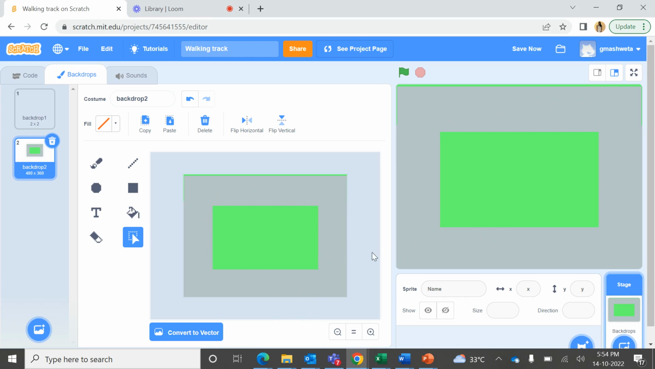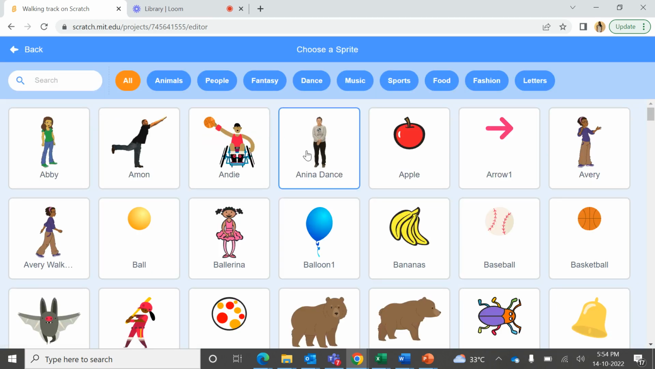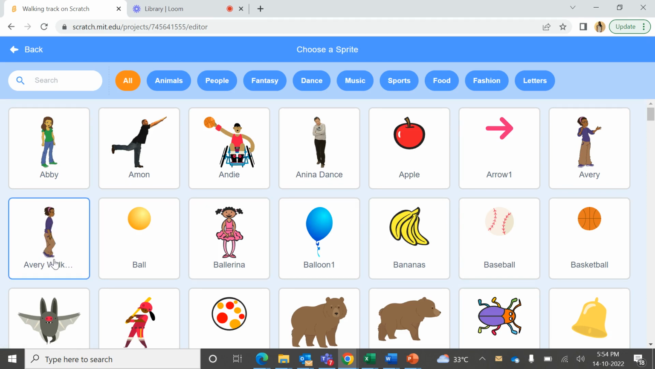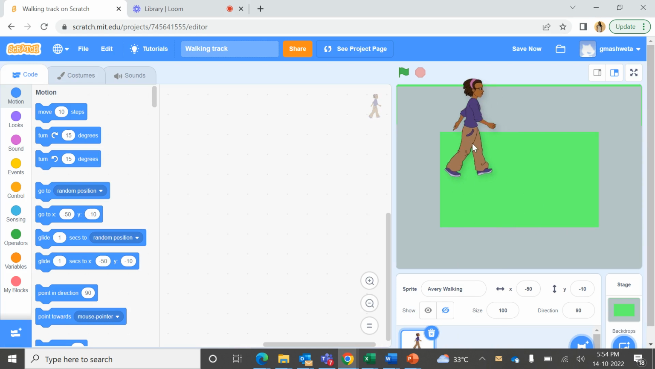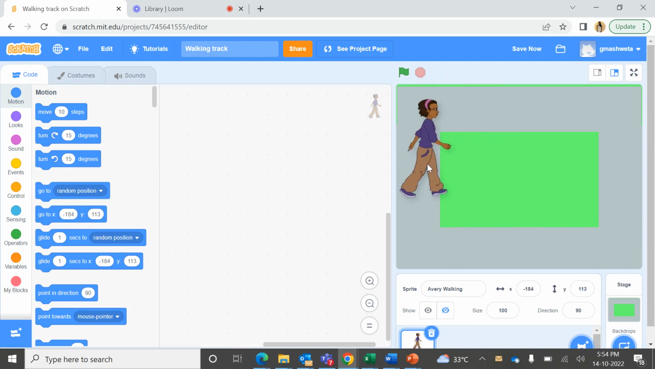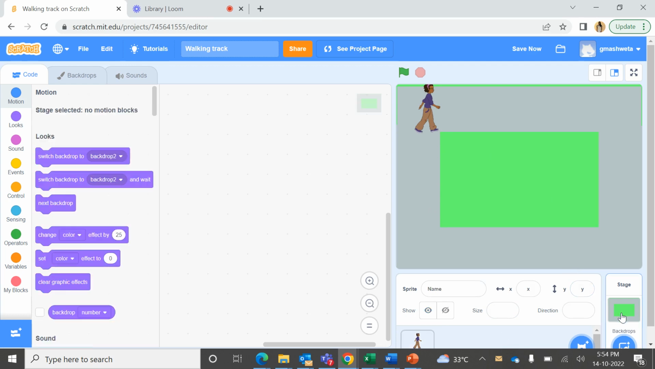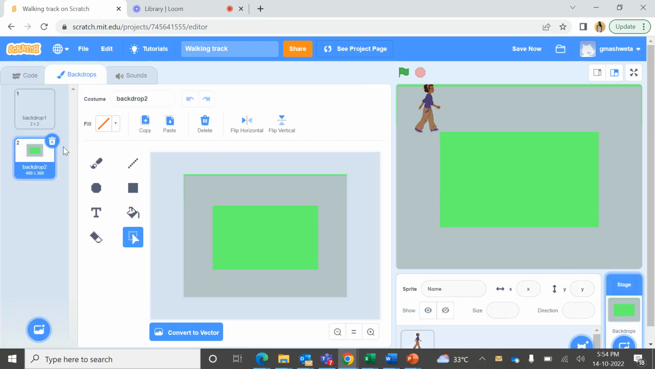Now we'll continue to have a character. So from the sprites area I choose a sprite. I will take Avery walking character, and here Avery is looking too big, so I change her size to maybe 50. That looks good. And also again I'll go to my stage backdrops and I will use the text tool to